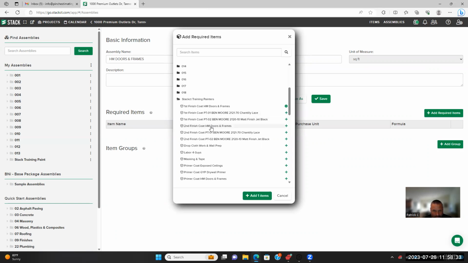Finish coat, second finish coat. And then we'll go into our labor 4 guys. We'll probably, yeah, labor 4 guys we'll do. Drop cloth work we'll do. We got that second finish coat, first and second finish coat, labor 4 guys,